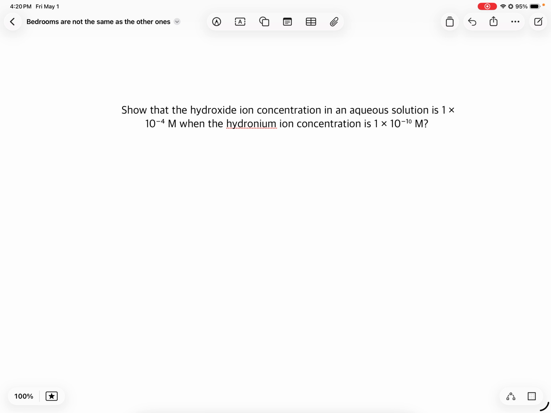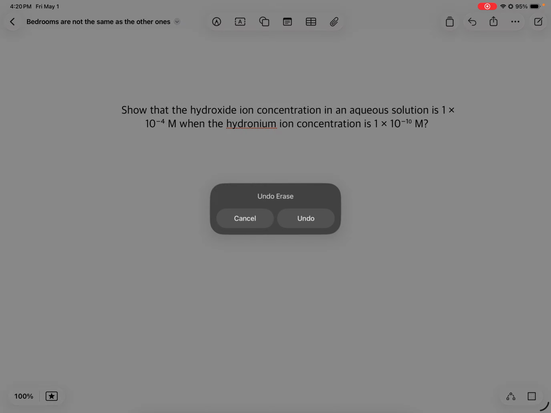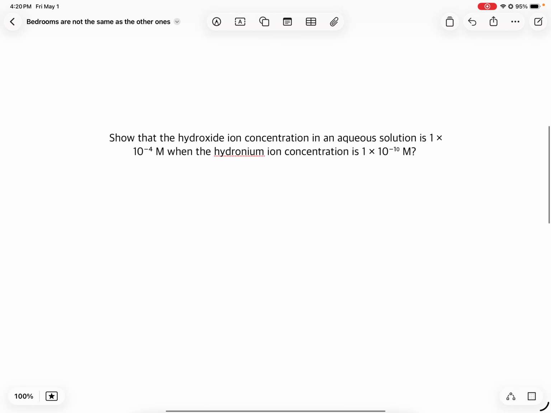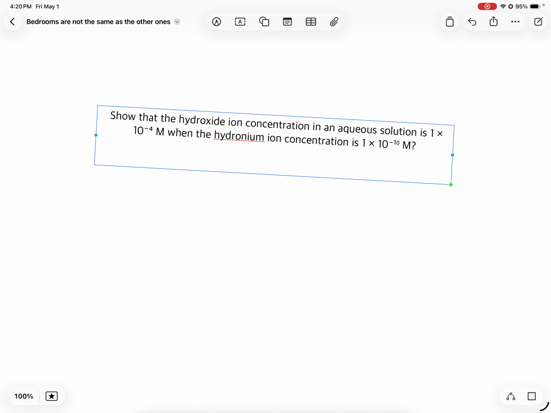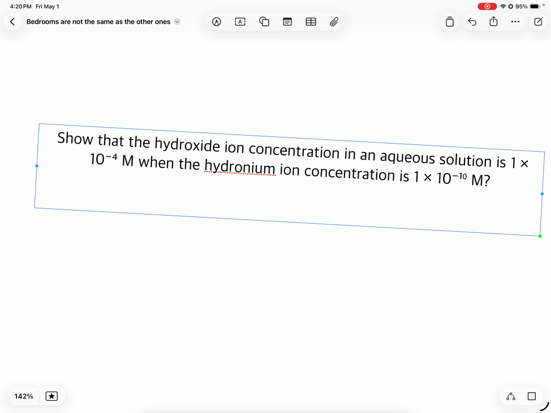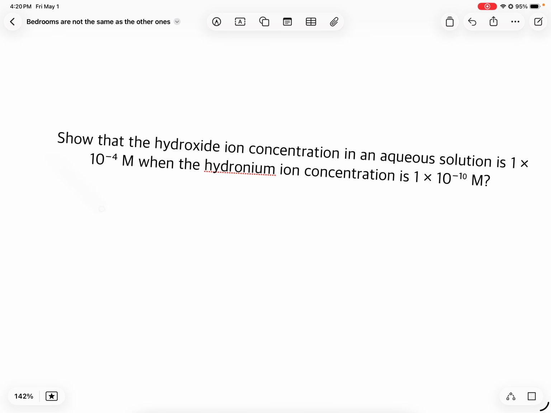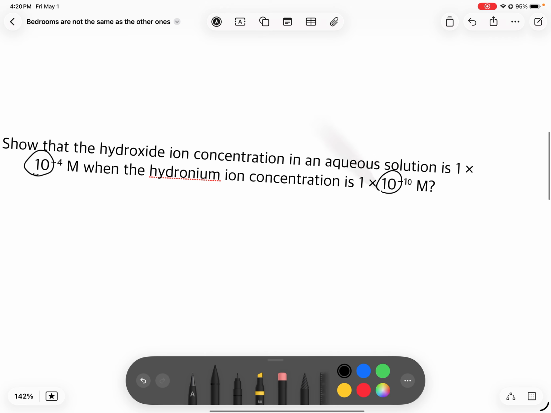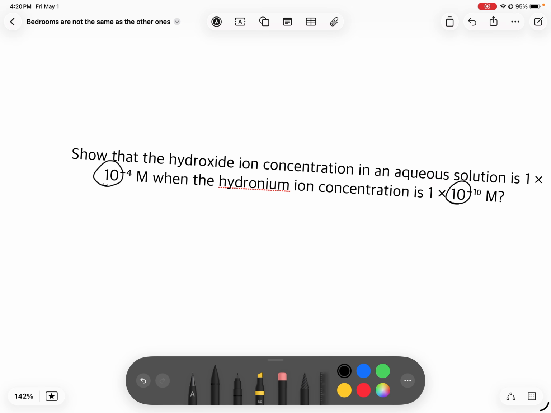So, they just want to demonstrate that this is actually true using some rules about what happens with these exponents. To solve this problem, we have to utilize the fact that when we have the same base, the base is this lower part, like the 10 here, that's shared. When we have the same base, then if you're multiplying those exponents, all you have to do is add the powers. So if you're doing 10 to the negative 4 times 10 to the negative 10, then you're just